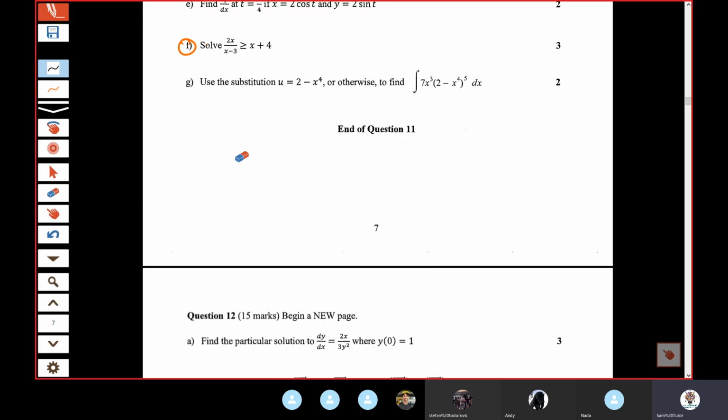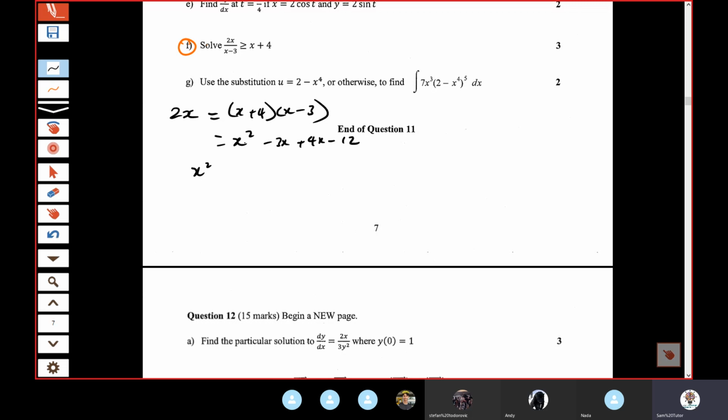Show me from there. Yeah, that's correct. That's what we can do. Expand, bring this over to 0. All right, let's do it. 2x equals (x plus 4)(x minus 3), x squared minus 3x plus 4x minus 12. Everything to one side. X squared